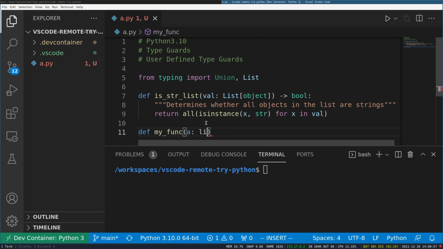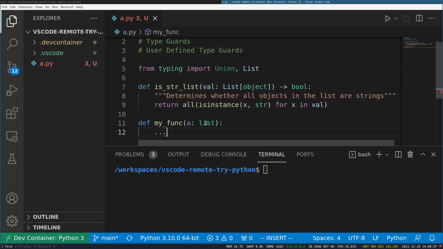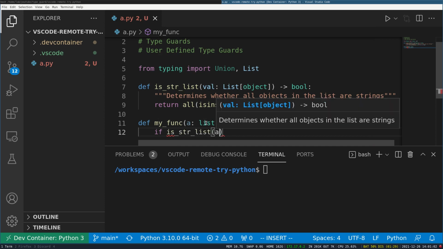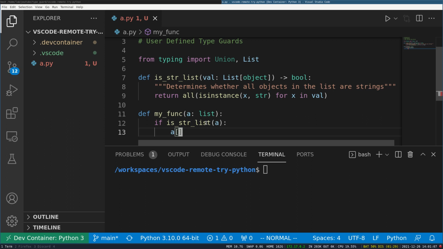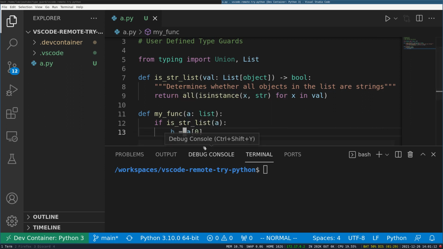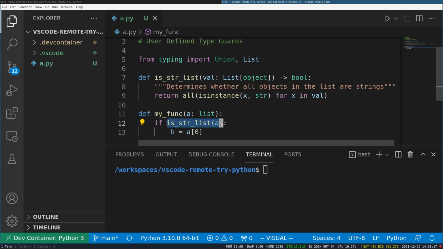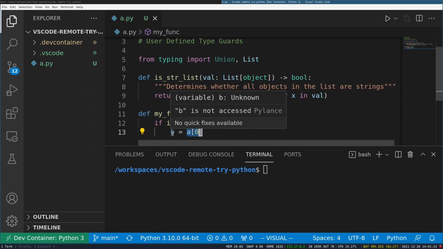It will take a list, and in some part of the code we want to check that if a is a string list, then we need to do something with that list. Let's say I want to get the first element. Now if we take a look, then b should be string, and the reason is that here we have checked that a is a list of strings, and then we take the first element of a, so it should be string. But you can see that the IDE sees this as unknown. The IDE doesn't know that it is a list of string,